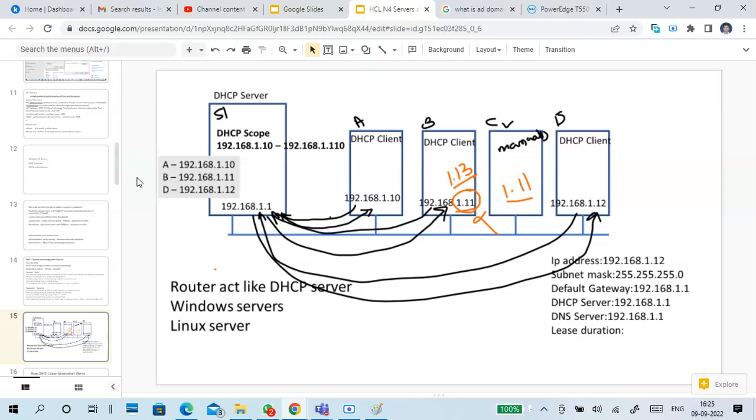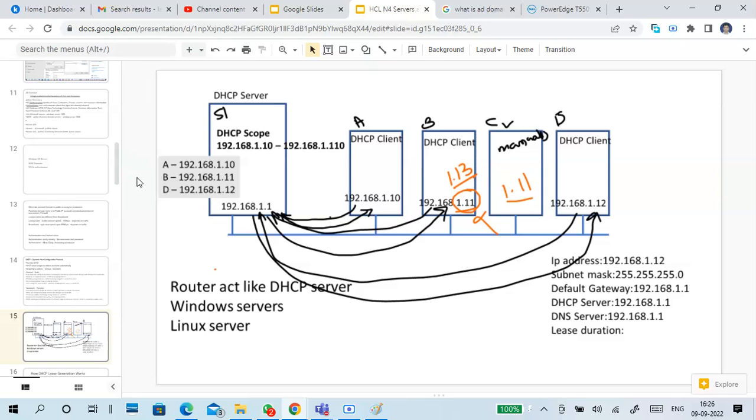So guys, who is this DHCP server? In our home, our Wi-Fi router acts like a DHCP server, or you can use a Windows server or Linux server for a DHCP server. Or there are some applications that work as a DHCP server, like VMware's DHCP server. That's a different point.